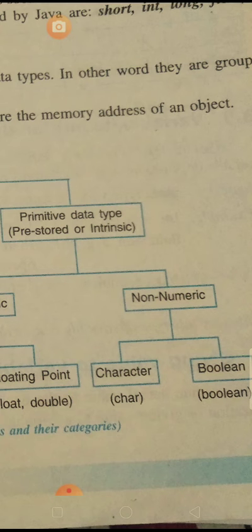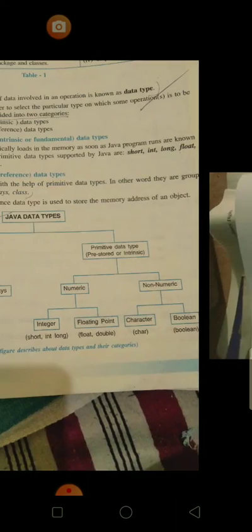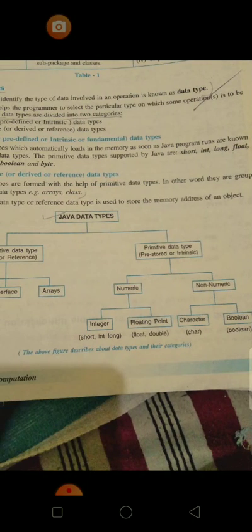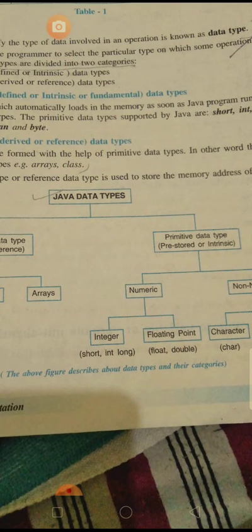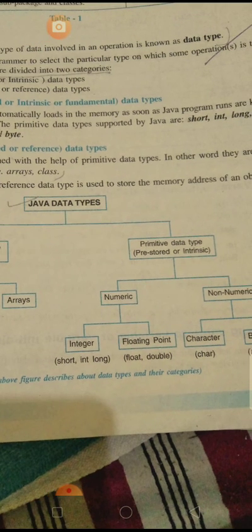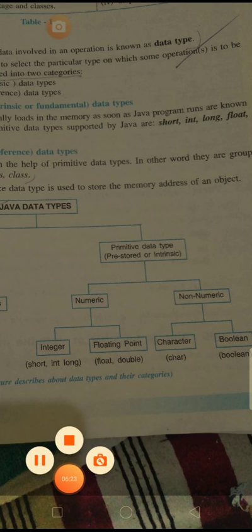Now you already know about constants and types of constants. So I think you are all clear with all the types. Integer will hold integer numbers, floating point will hold floating numbers, char type will hold character literals, and boolean type will hold Boolean literals. Now let's see the size and range of data types.